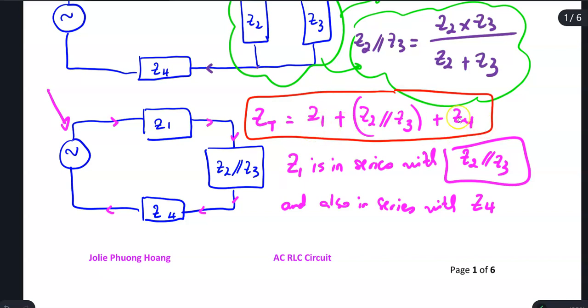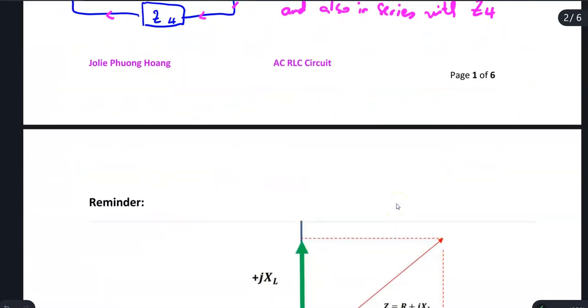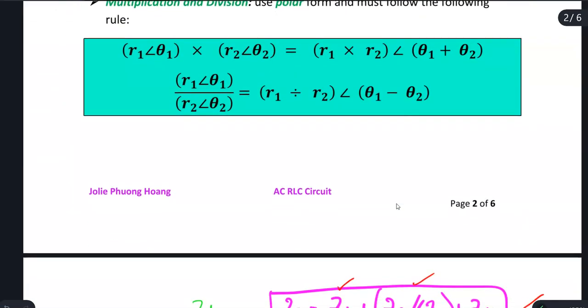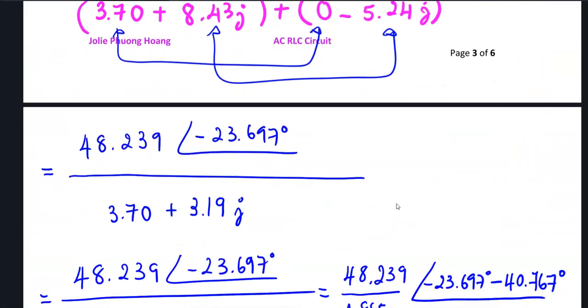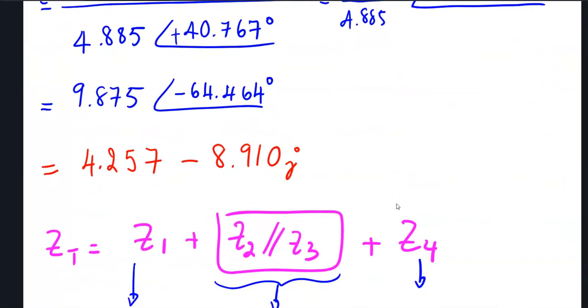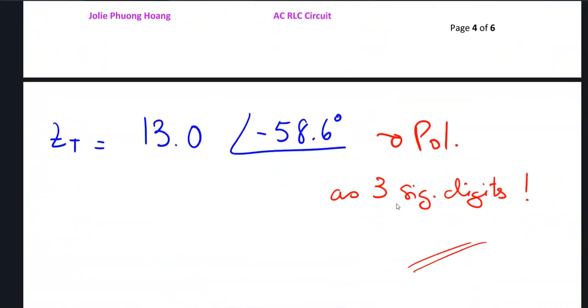So rectangular, rectangular, and after you perform this, get your number in polar form, you convert to rectangular. Okay, so this particular formula will need you to get some polar form to work with. Alright, okay, so to make things quite simple,